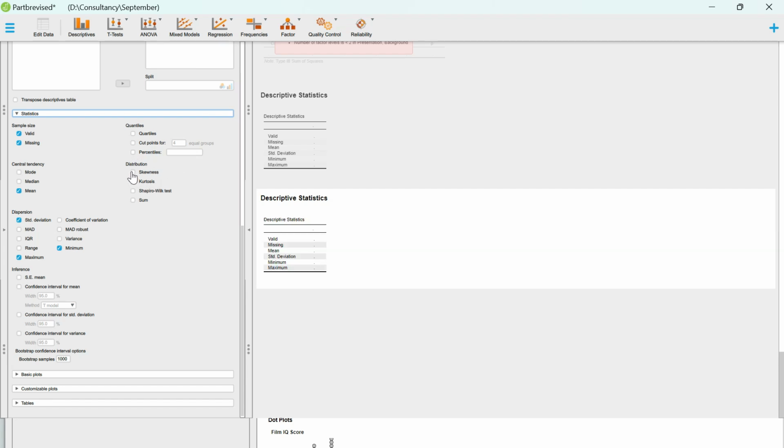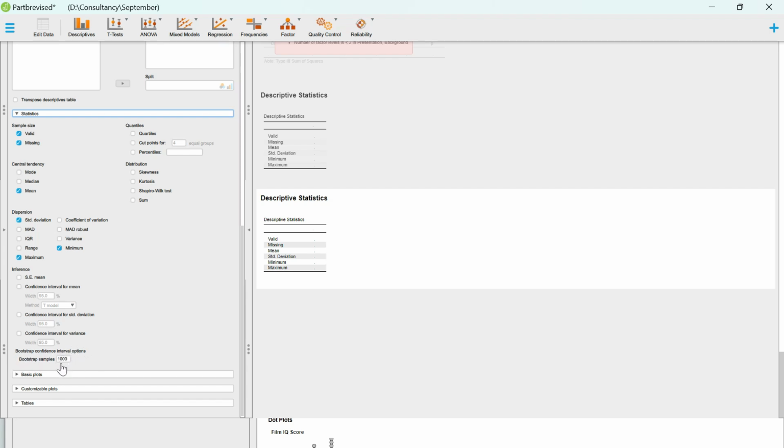In the distribution bar we have skewness, kurtosis, Shapiro-Wilk test, sum, and the central tendency we have mode, median, mean, and the dispersion we have standard deviation, interquartile range, maximum, minimum, variance, coefficient of variation. In the inference section we have standard error of mean, confidence interval for mean, confidence interval for standard deviation, confidence interval for variance,